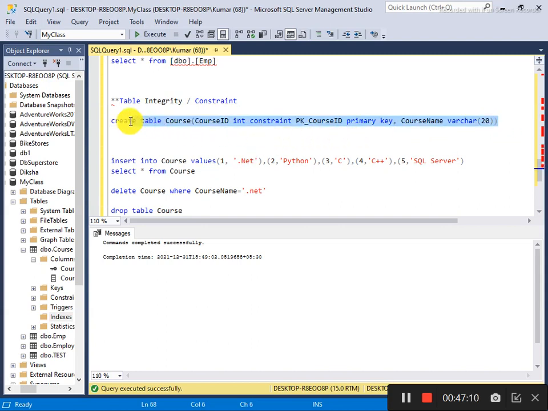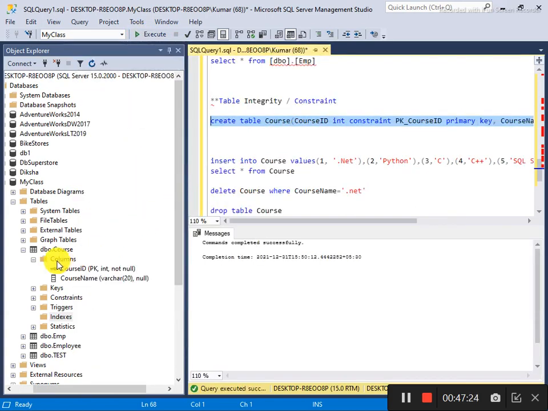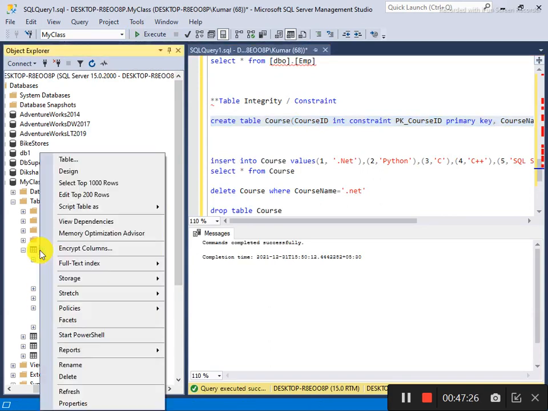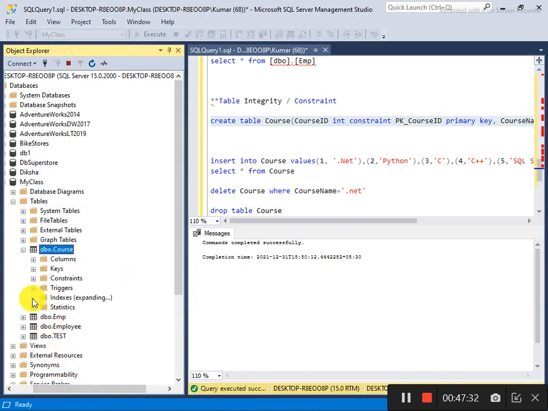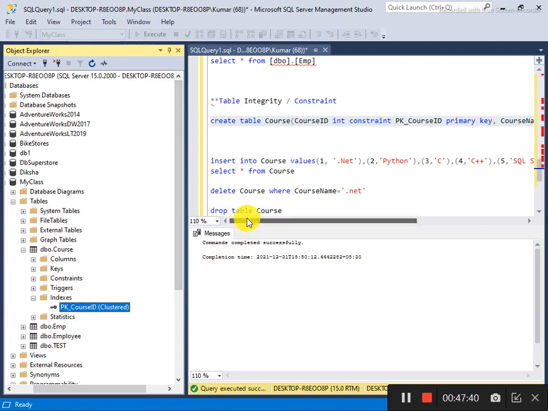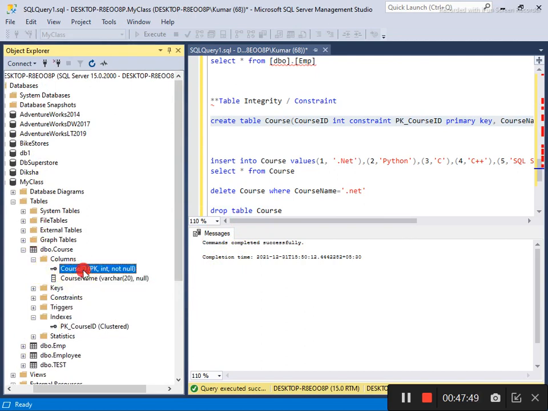This time I run it, and you will see that the primary key has a specific name, which is PK course ID. It's making a unique convention, so that if I see it, I can easily identify it's a primary key. Come here and refresh this. Check here, yes, I said PK course ID. Now you can easily call and access it because it's not a random name. If you want to drop it or call it, you can very easily do so. It's a specific name, given by you.